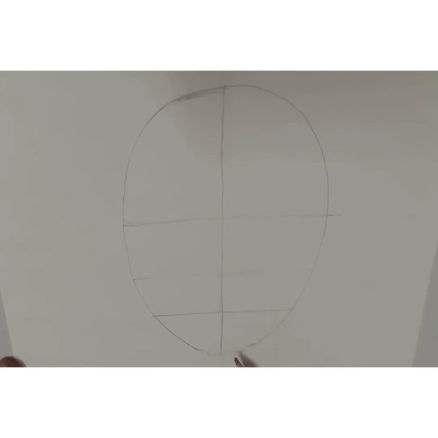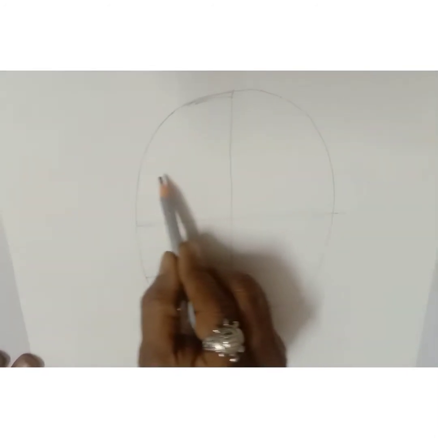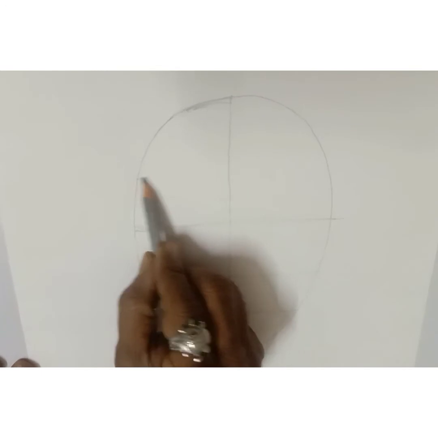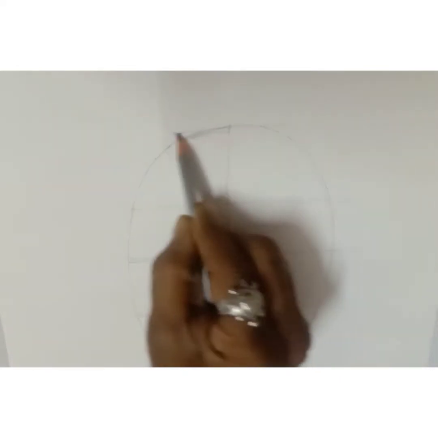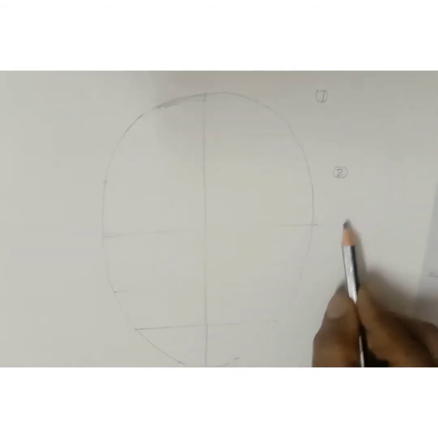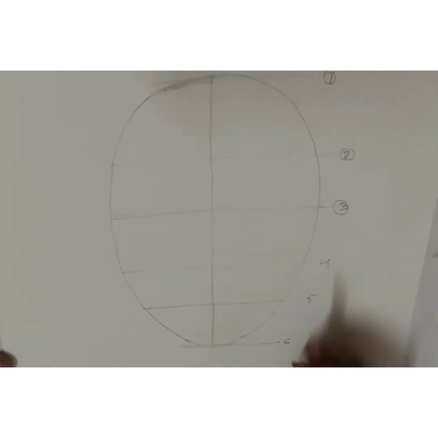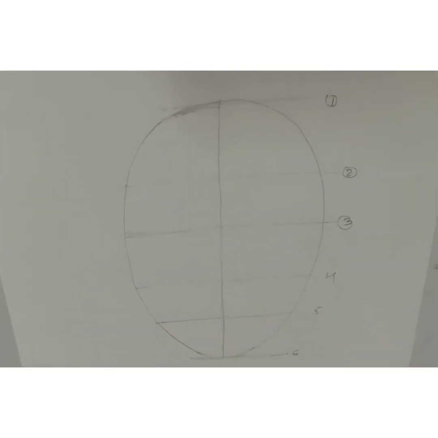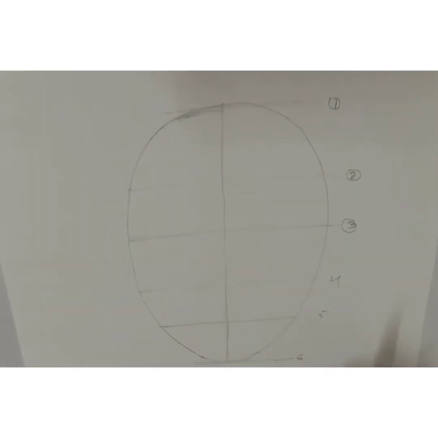Now this will be the chin. Your chin is going to start here, 1 2 3 4, and after that this will be half for the forehead, and this will be the head. Hair will come here. Now you can number it: 1 2 3 4 5 and 6. We have divided the oval shape into 6 equal parts. See here students, all these lines will be slightly done, because after completing we are going to erase them.